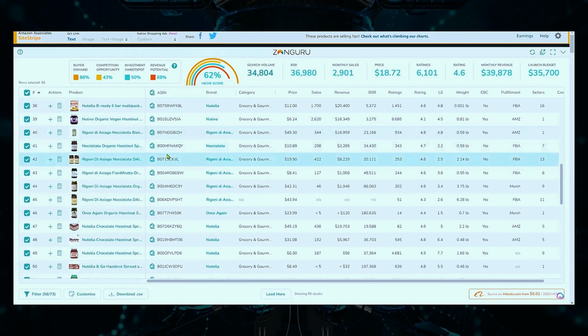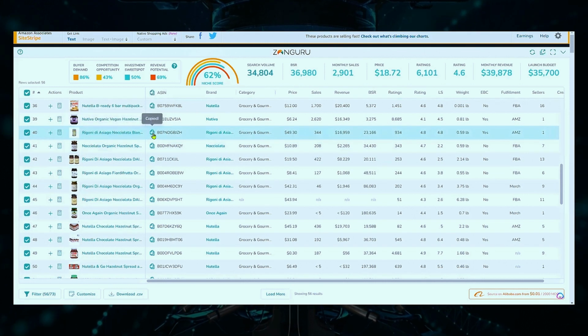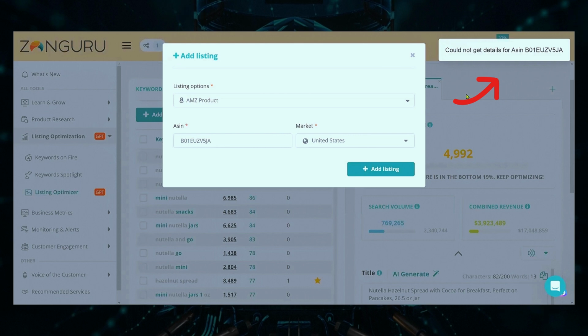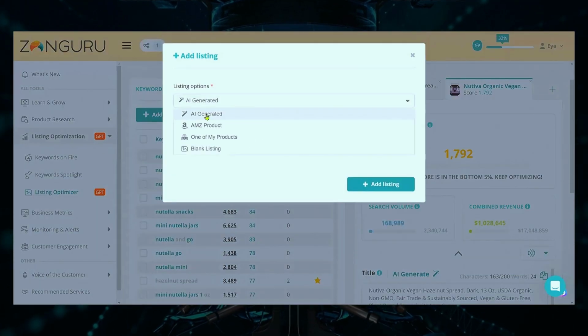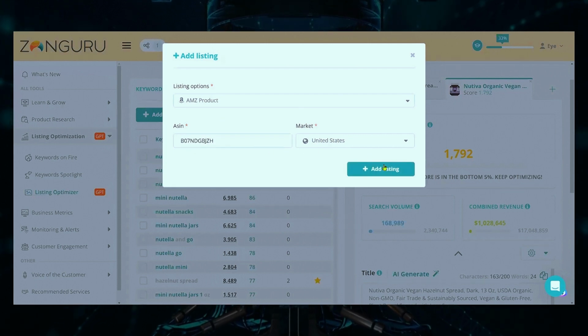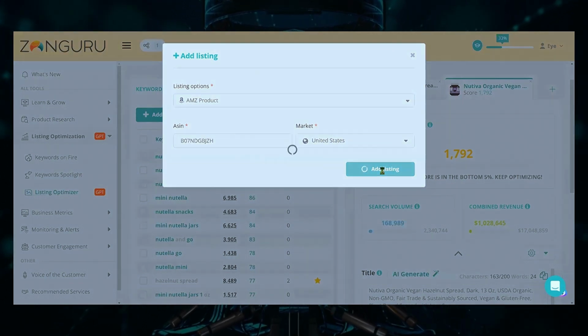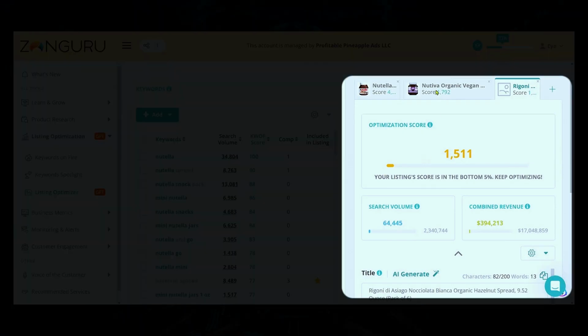While we're looking, let's find another one. So let's see what this is. Hazelnut spread. So we'll grab that one too. So if it says that, just click it again and we'll pull it up. So we're going to add another one. And this will be the last one we add. And then add your own as well. If you do have one, we don't have one yet. All right, so we have these three, and you can see